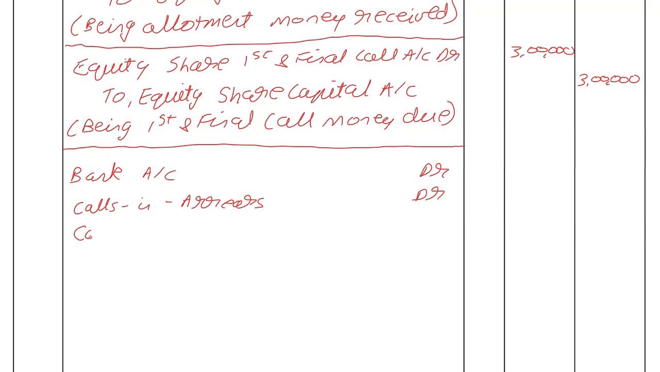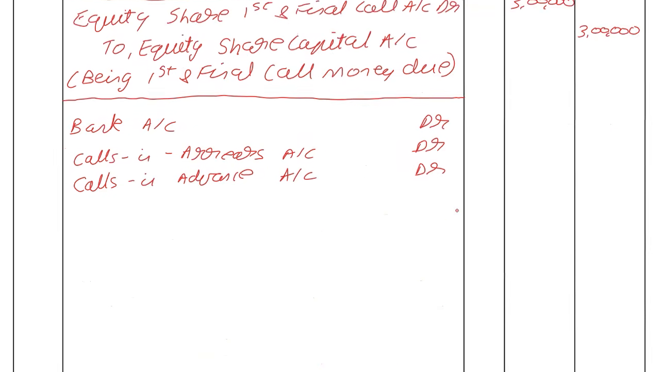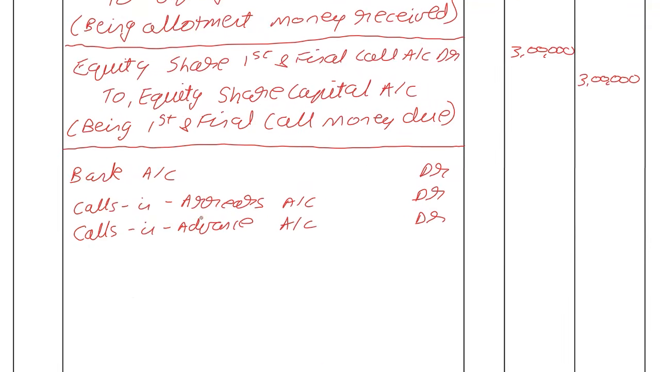Okay, so calls in advance. Both of these accounts, calls in arrears account and calls in advance account, are debited. And for calls in advance, I know the number 30,000. So for calls in advance, we are debiting by 30,000. Okay, we have debited calls in advance by 30,000, and now we will go to equity share,